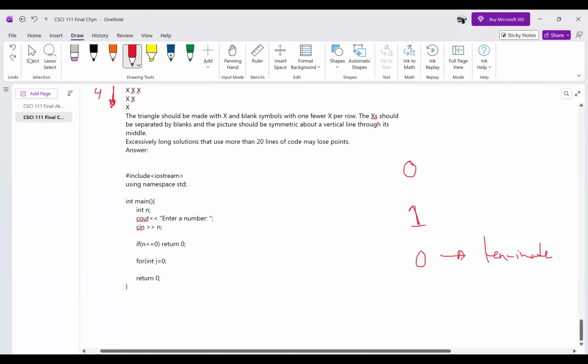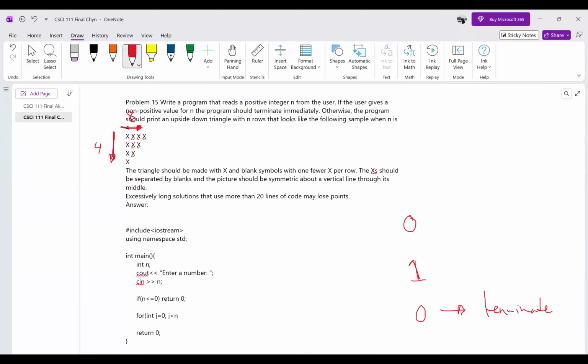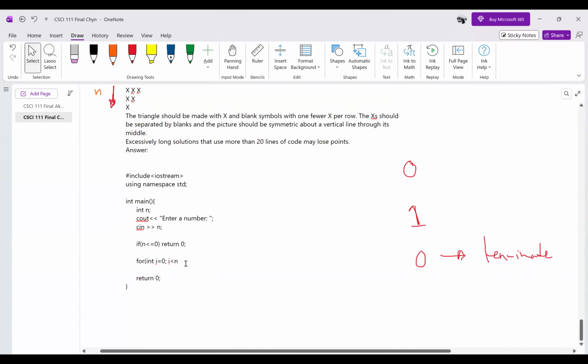So usually the first loop is the vertical portion, so I'll just do i less than 4. Not 4, it's actually less than n because 4 is the value the user inputted, right? Which is kind of here. You can't really see it. But 4 is the value the user inputted. That means this is actually the value n, and that is the value 2n, or 2 times n, I should say. So my first loop will run n times, i plus plus,